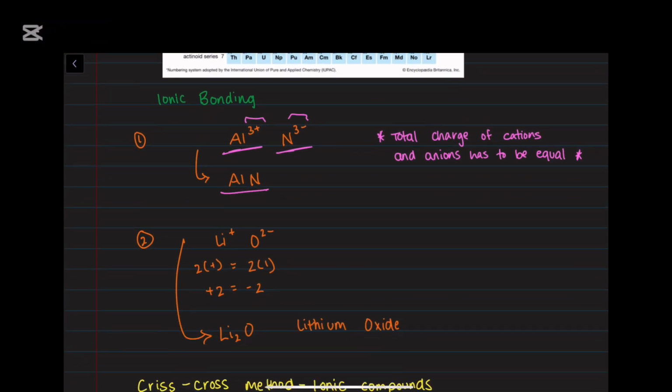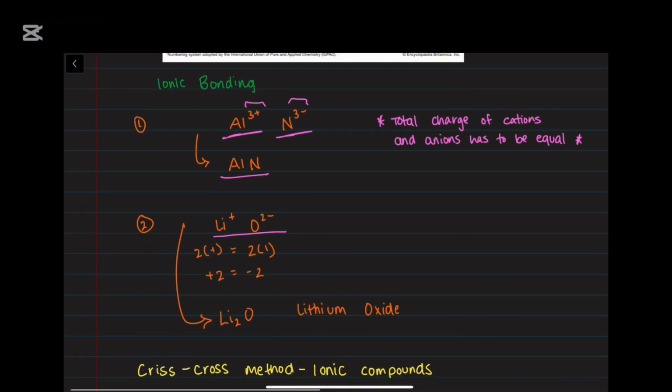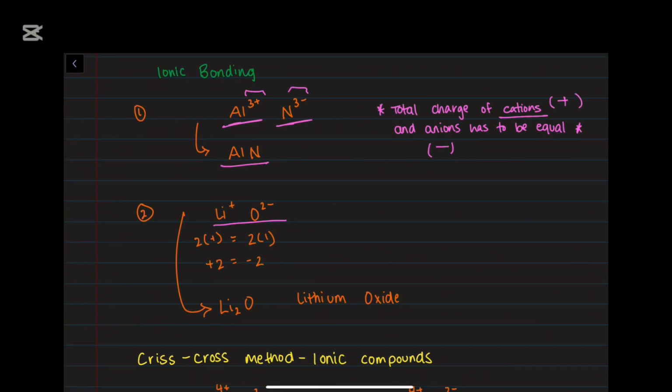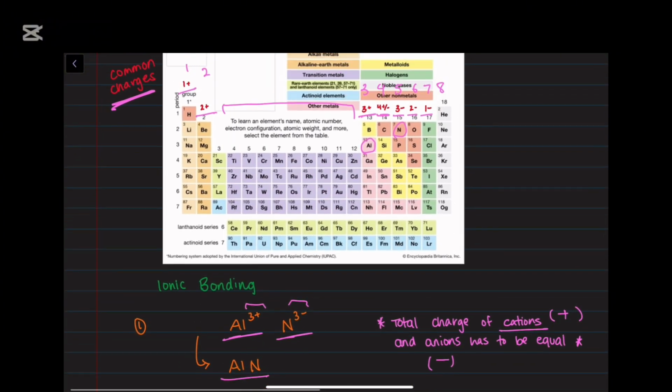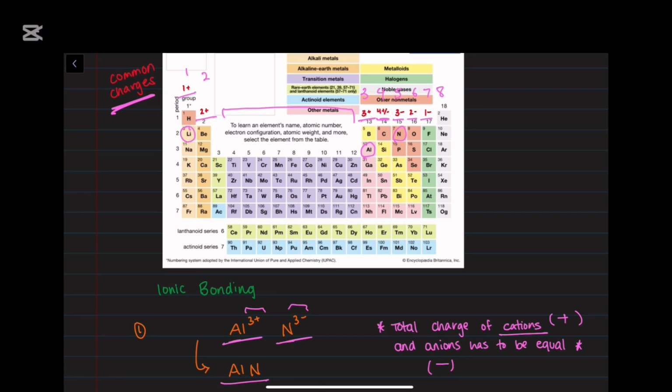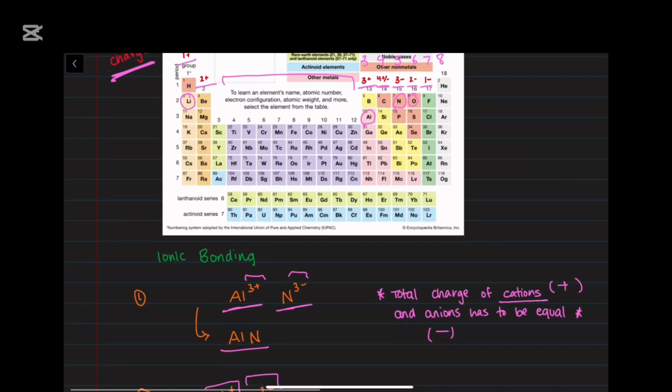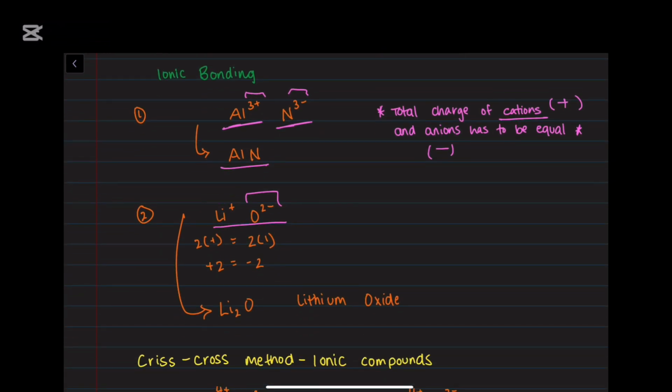What you do need to know when the charges are different, though, is that the total charge of the cations and anions, the cations are the positives and the anions are the negatives, should always be equal. So when we're looking at lithium and oxygen, we can see lithium has a charge of 1. Looking up here, lithium has a charge of 1, and oxygen has a charge of -2. So going down, we want to simplify this. So if we were to multiply the lithium, the one charge, by 2, and then oxygen,